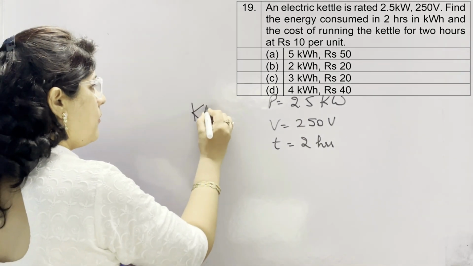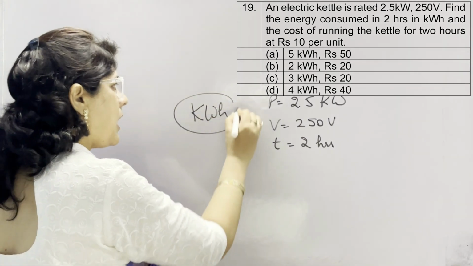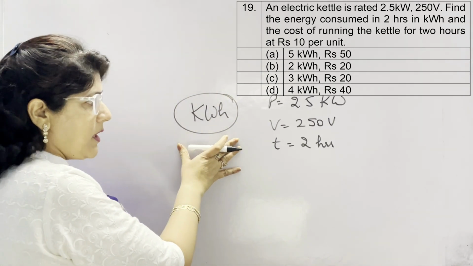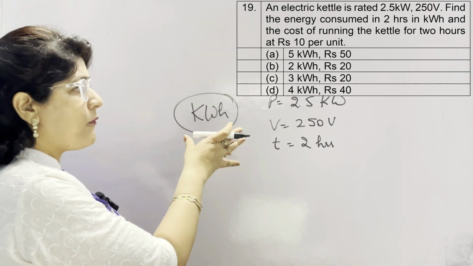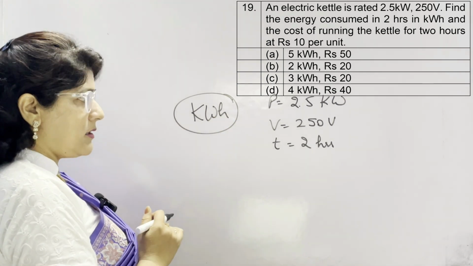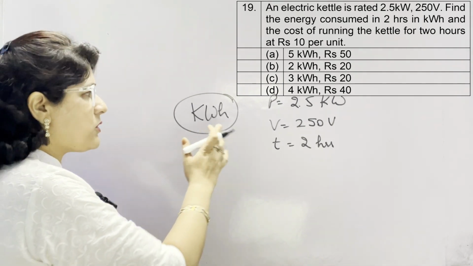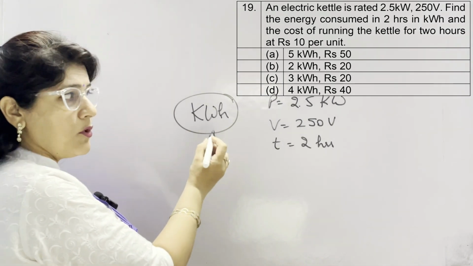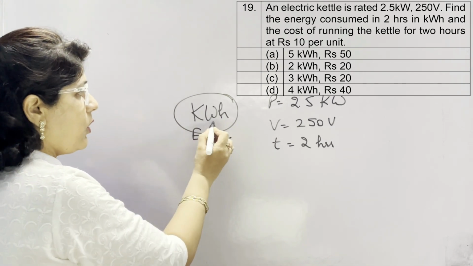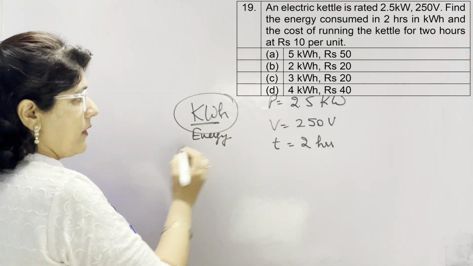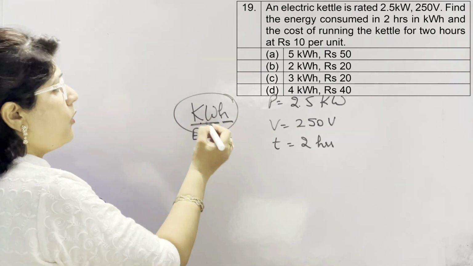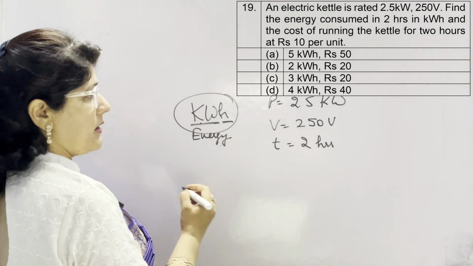Now kilowatt hour is the commercial unit of electricity. पेपर में बहुत ज्यादा बार पूछा जाने वाले क्वेश्चन है और फ्रीक्वेंटली गलत होने वाला, जिसमें लिखा जाता है which physical quantity this unit is representing. Most of the time we get the answer as power. No, this is the unit of electrical energy because kilowatt is the unit of power. Multiply with time, hour. So kilowatt hour is the unit of electrical energy.